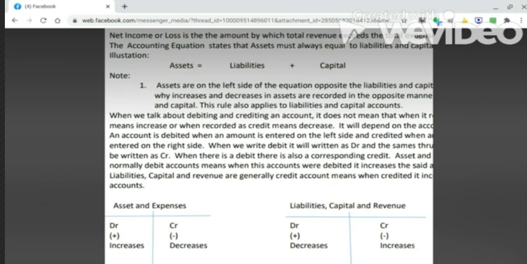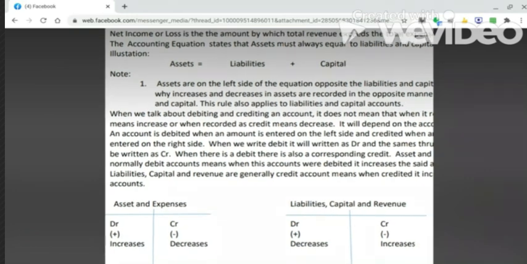So, why increases and decreases in asset are recorded in opposite manner. Capital rules apply sa liabilities and capital accounts. Hindi ko makuha yung context kasi putol yung notes na sinend. But anyway, let us try